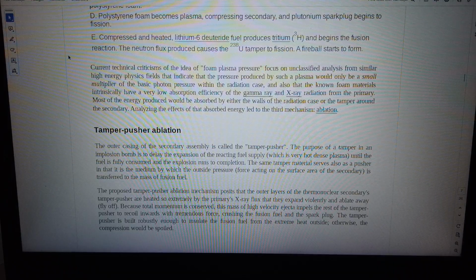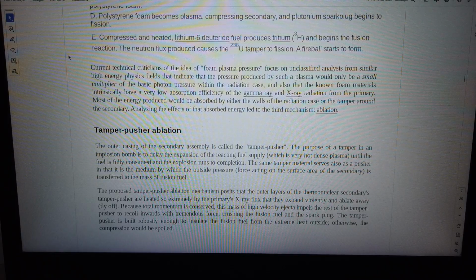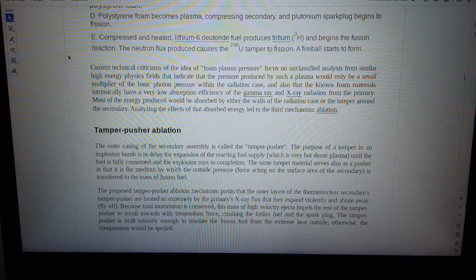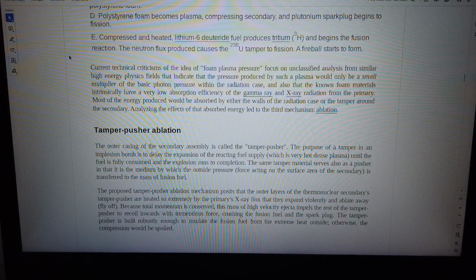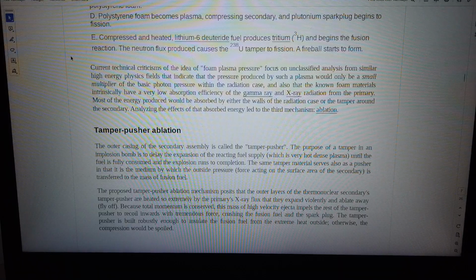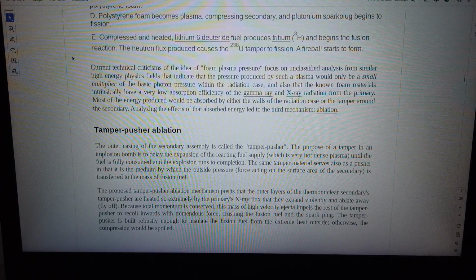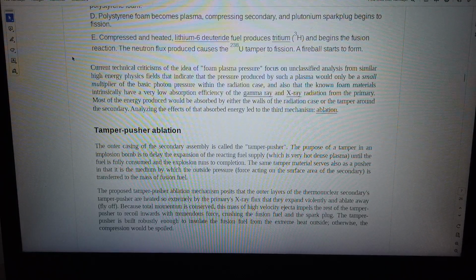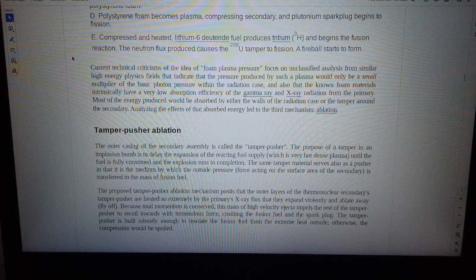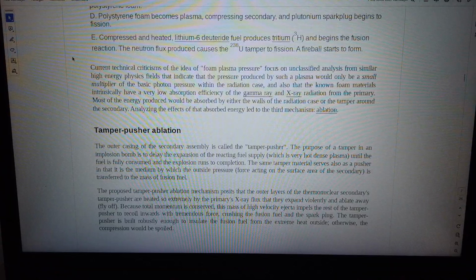Tamper pusher ablation. The outer casing of the secondary assembly is called the tamper pusher. The purpose of a tamper in an implosion bomb is to delay the expansion of the reacting fuel supply, which is very hot dense plasma, until fuel is fully consumed and the explosion runs to completion. The same tamper material serves also as a pusher in that it is the medium by which the outside pressure, force acting on the surface area of the secondary, is transferred to the mass of fusion fuel. The proposed tamper pusher ablation mechanism posits that the outer layers of the thermonuclear secondary tamper pusher